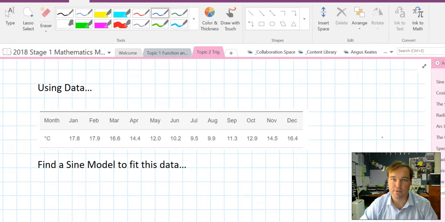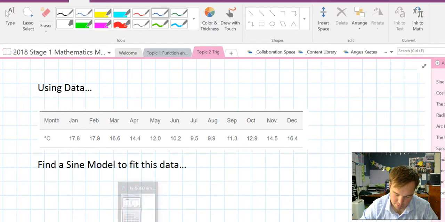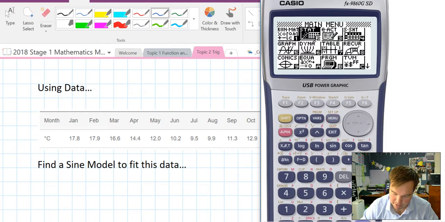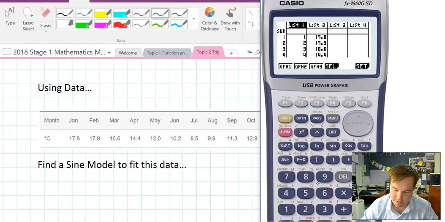Alright, let's say you found a data set, and for your investigation you will have to go out and find a data set. It might look something like this, say average temperatures of each month of the year. And we want to find a sine model to fit the curves, then we can make predictions about future year and temperatures. What we can do is we open up our calculator, go to stat mode, and enter in